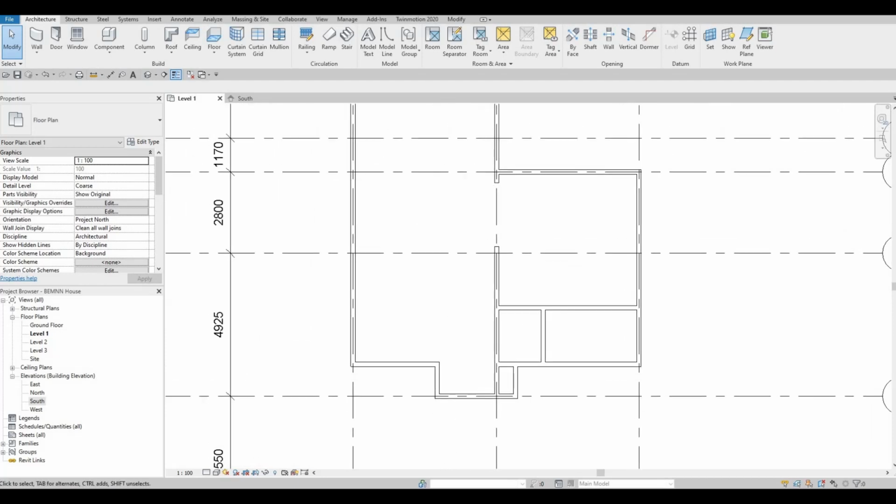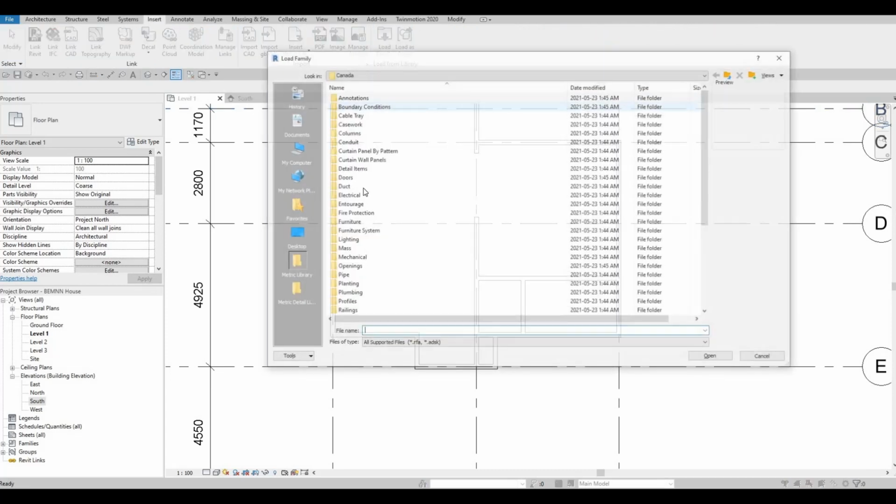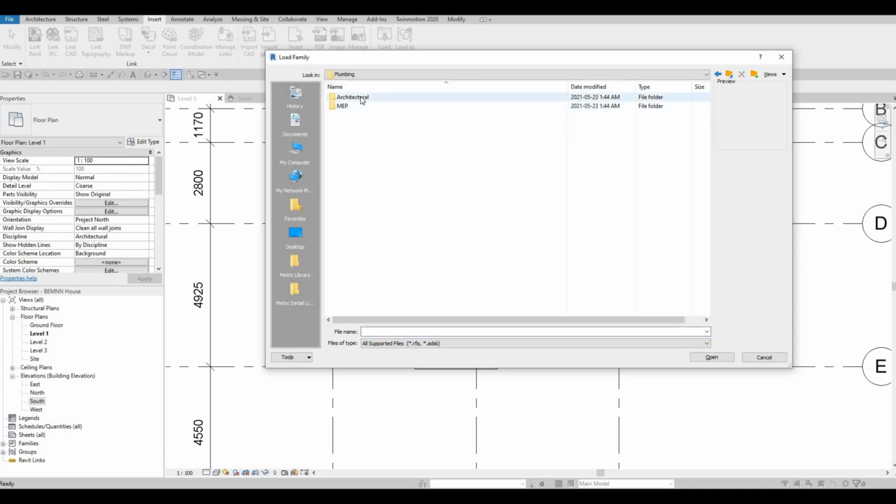And then now, what I want to do is add the fixtures right here. So let's go to Insert, Load Family, and then go to Plumbing, which is right here, Architectural, Fixtures, and then here we have Sink, and we have our urinals. So not urinals, water closet. So we have a toilet right here,